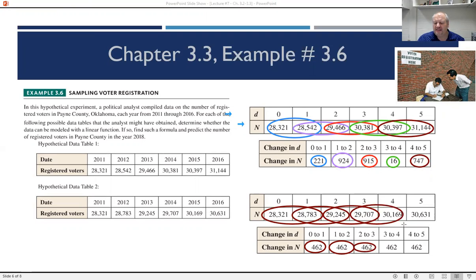This is how you check to see if data are linear. You successively, carefully subtract every pair of numbers and hope to get the same number each time. If you get the same number each time, you may assume it is linear. Furthermore, you may assume that if these numbers, and I'm going to use a rectangle and a yellow highlighter, if you can see that these numbers